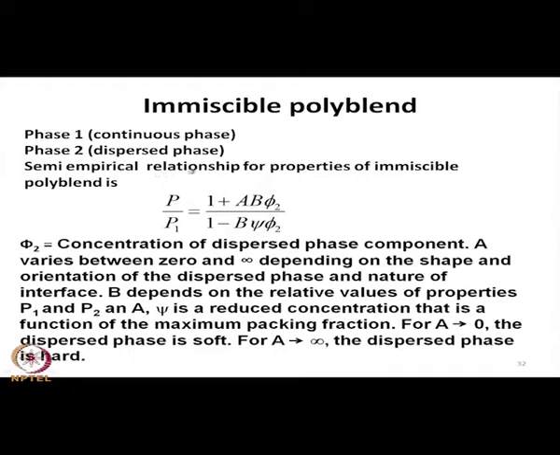There a semi empirical relationship can be used for explaining the properties of immiscible polyblend, that is P by P1 is equal to 1 plus A B phi 2 divided by 1 minus B psi phi 2, where phi 2 is the concentration of dispersed phase component, and A varies between 0 and infinity depending on the shape and orientation of the dispersed phase and nature of interface, and B depends on the relative values of properties